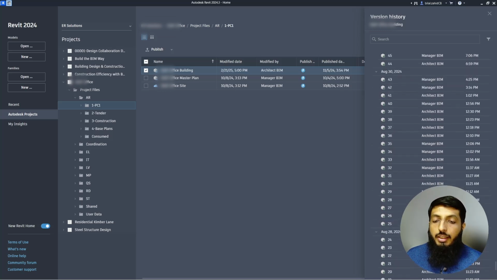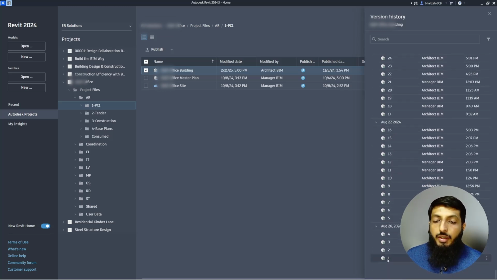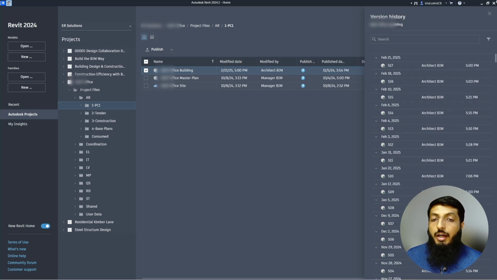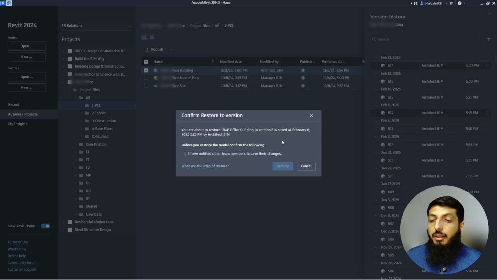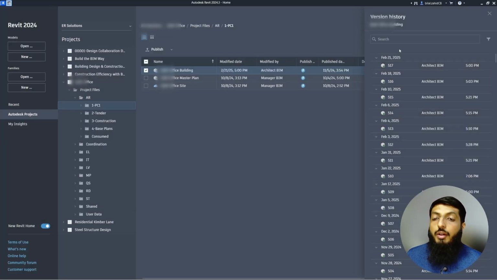And if I scroll down, we can see that from the first version to the last version, I can restore any of these versions. Now, if I want to restore any of the versions, I will click on it and click restore this version, and it will again create a copy of that version, and it will be again on the top of this. And when I save the next synchronization, it will create my next version from here.